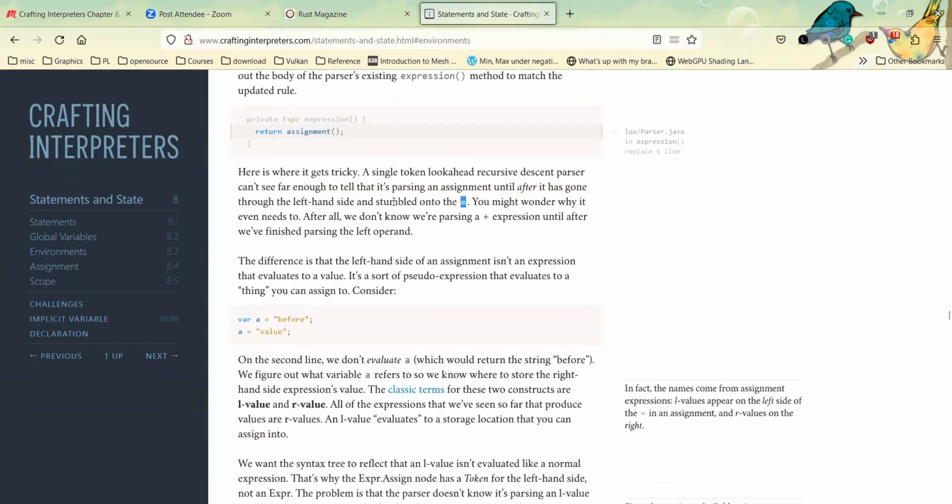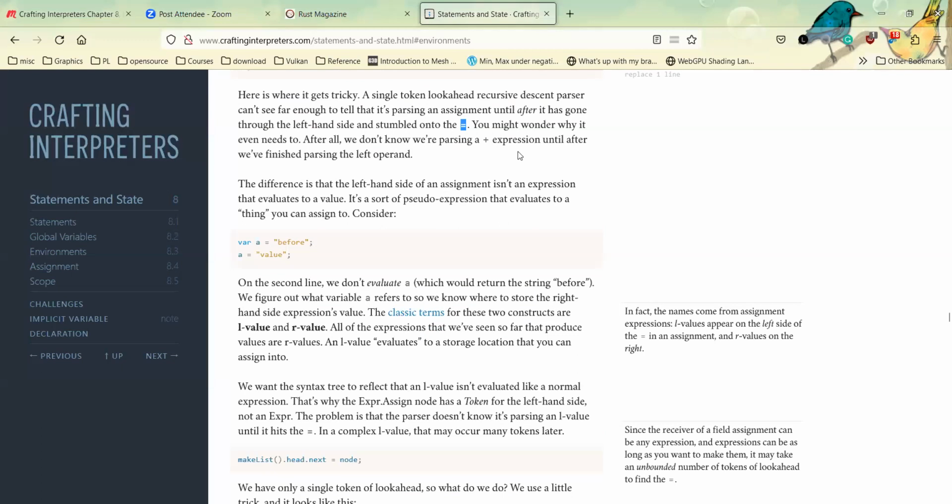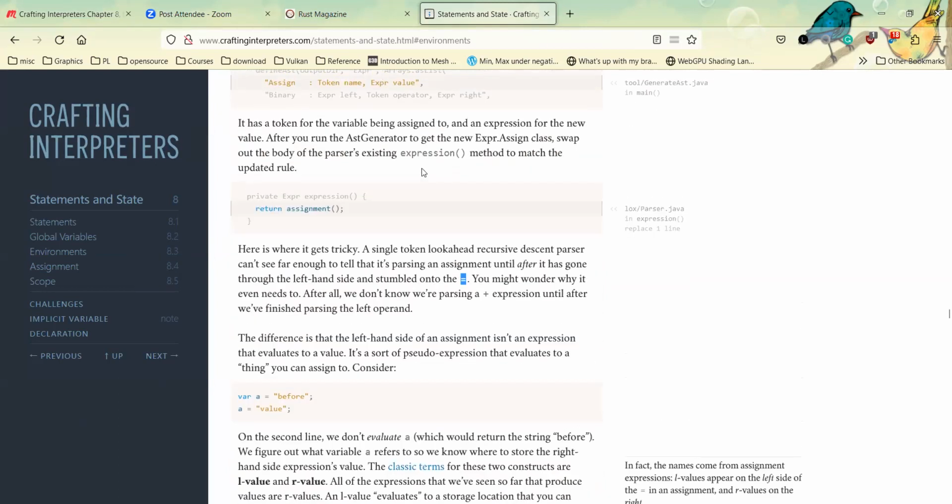And then he further mentions, why does it matter? Because we already did that for binary expressions, but why is assignment special? That's because the left-hand side of assignment is special.